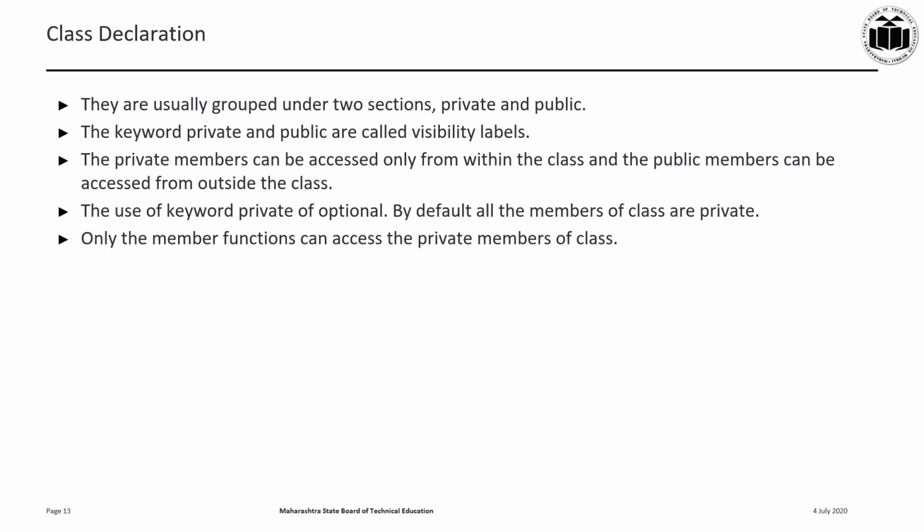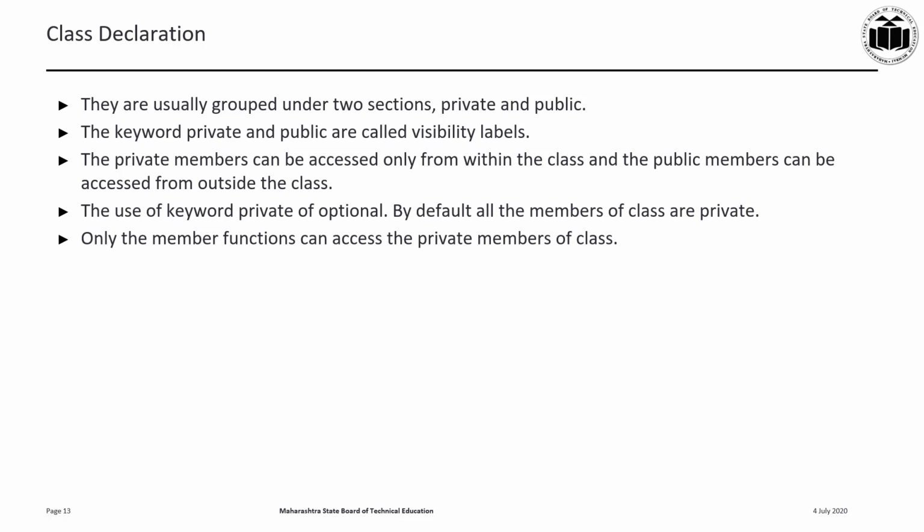Okay, but we can access in public access specifier of the class. So what are the keywords for that? The keyword is private. The private keyword states that you can access your data within a class, and in the public access specifier, whatever you have declared and defined, you can access from the outside of the class.